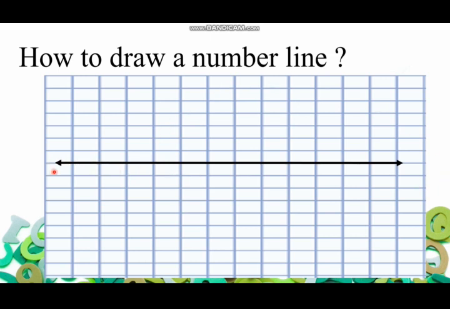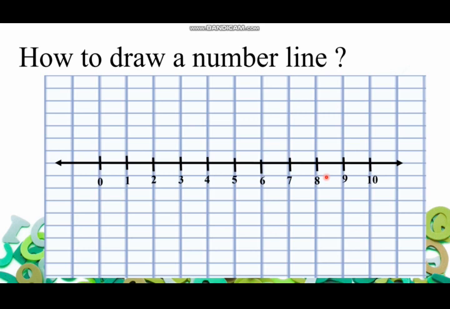You will draw the line and do not forget to put the 2 arrows on both the sides. दोनों साइड पे आप क्या बनाओगे? एरो बनाओगे. Now we have to mark the numbers. Okay, we have to mark the numbers. How am I going to mark the numbers? आप ये देख रहे हो यहाँ पे ये लाइन कोइंसाइड हो रही है, राइट? एक दूसरे से मिल रही है. So यहीं पे हम एक एक लाइन बनाते जाएंगे. For example 0, 1, 2 like this. See ऐसे इस लाइन पे मैंने 0 बना दिया. फिर ये नेक्स्ट जहाँ पे जुड़ रहा है वहाँ पे 1, 2, 3, 4, 5, 6, 7, 8, 9